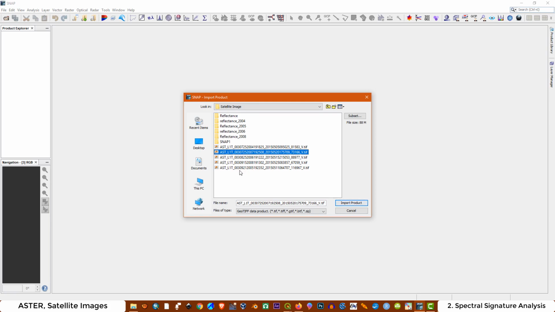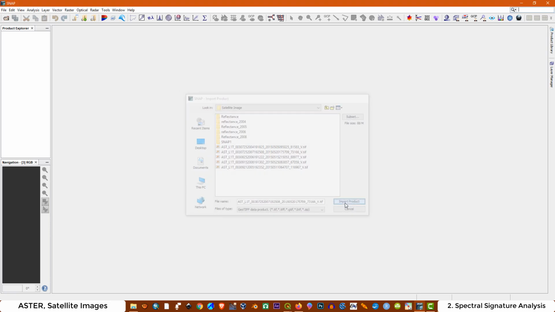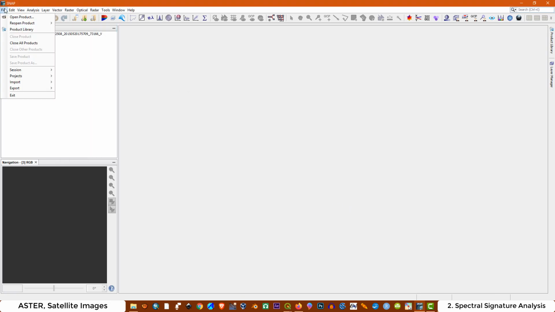from September 21, 2005, and also from July 25, 2004. But at the moment I'm going to load this one. Also I am going to load the image from